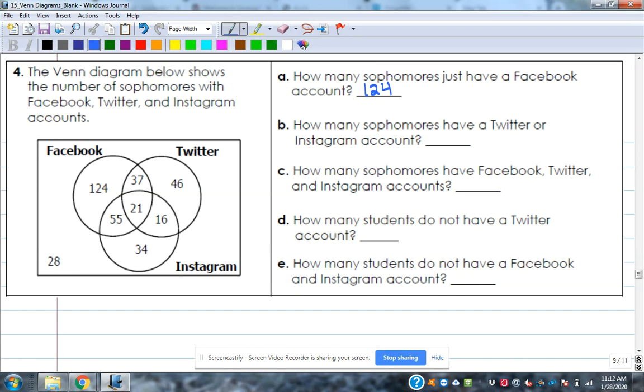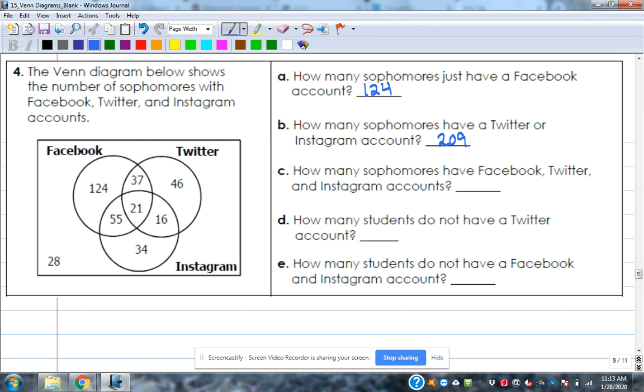Would you add all of them? Or would you just put 6? Everything but 124. Everything but the 124 and technically the 28 that's out here. That's right. And that's where Haley's getting a number 209. Is that what you said? That's what that should be. 209. So everything but that 124 that's in a circle adds up because all of those numbers are Twitter and Instagram